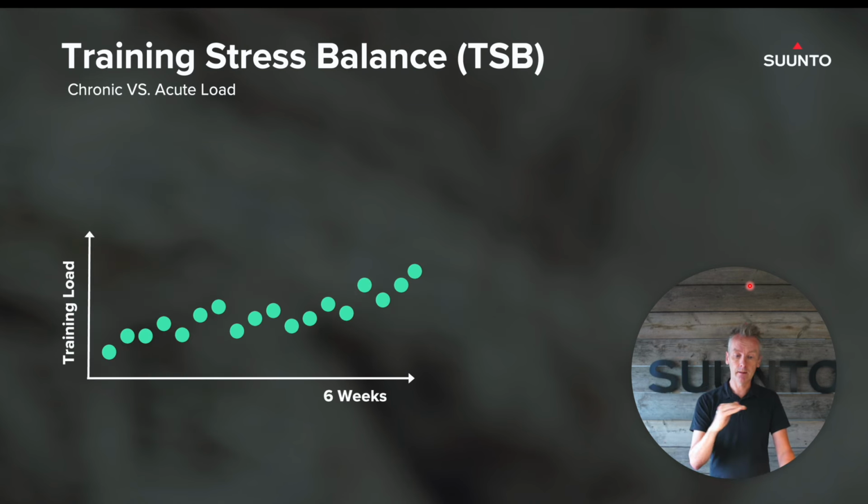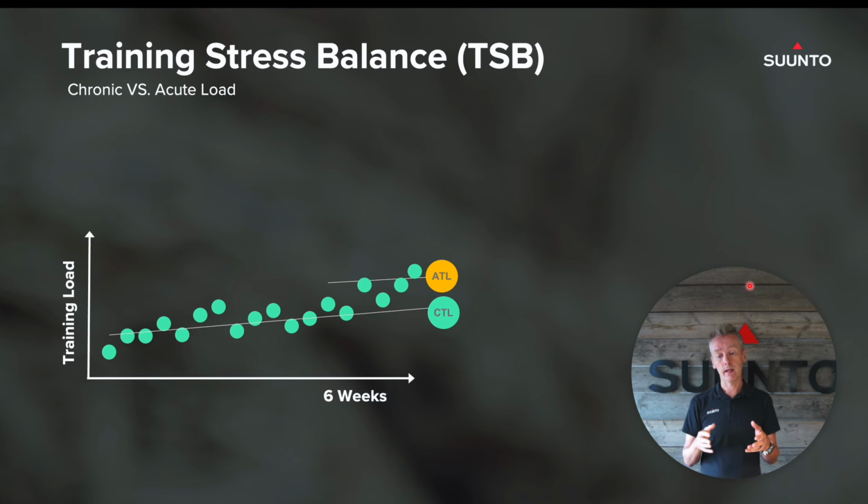So basically the same graph again. Now we first draw here the chronic training load, so the last 6 weeks of effort, and then we look at the last 7 days. So now the question is, what is my training stress balance? Am I ready to train more or less? And now when the training load